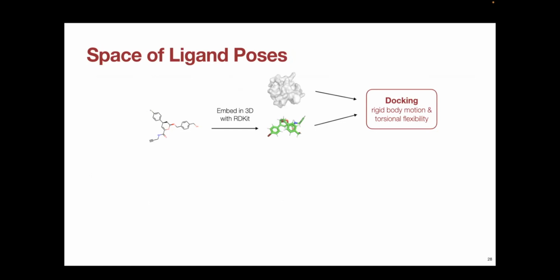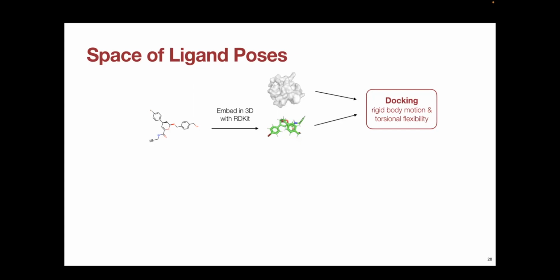So the space that we're actually going to look at is quite inspired by the way that traditional docking methods have thought about the space of ligand poses. In Glide or Vina, you're probably familiar that you provide a conformer of the ligand as input. And then what Glide or Vina will do is it will move this ligand around with rigid body motions and update its torsion angles, but it will not disrupt the bond lengths, bond angles, and ring structures of the ligand, right?